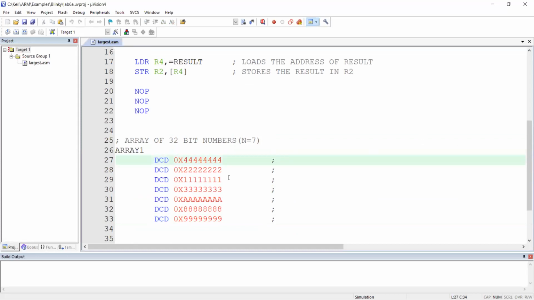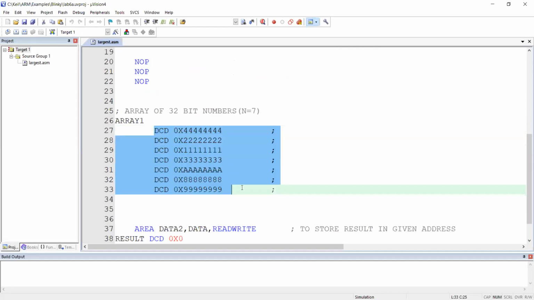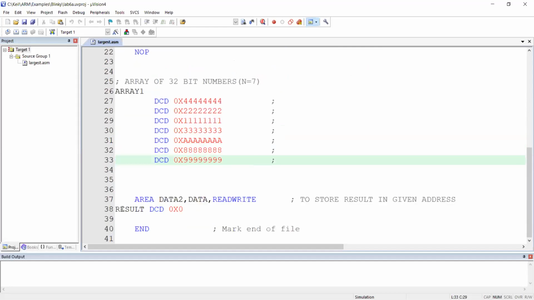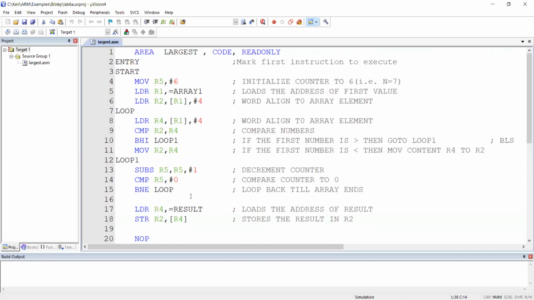Next, okay. So work is not finished just by identifying. The work is to write the result, who is the big among the array, into the location which is reserved for it with the initial value of 0. Okay. And now the question: how many program segments are we using here?